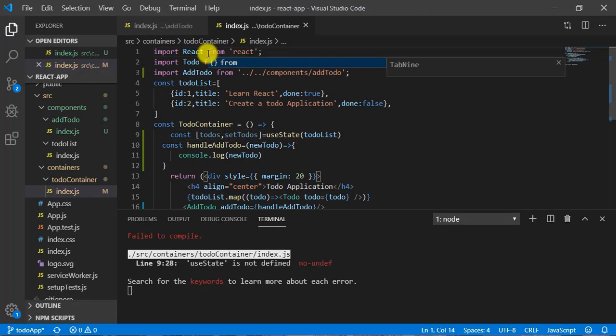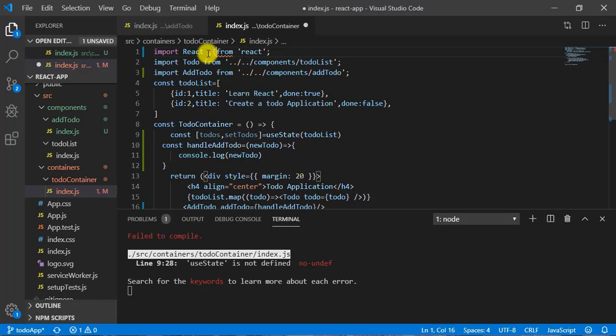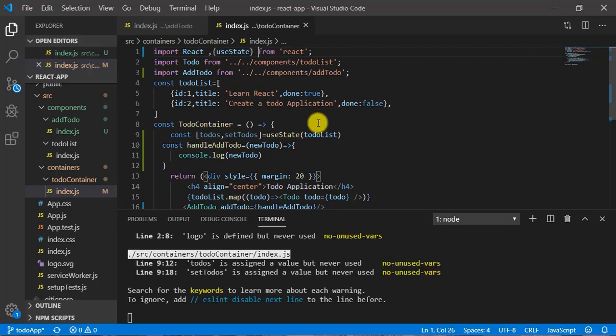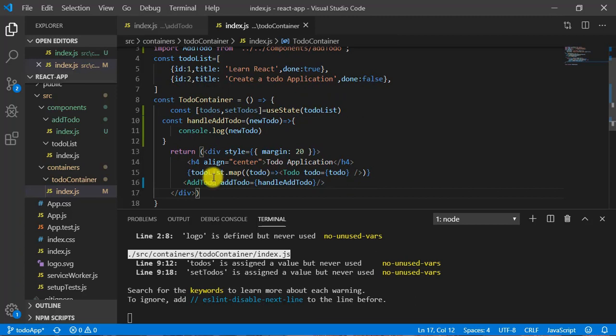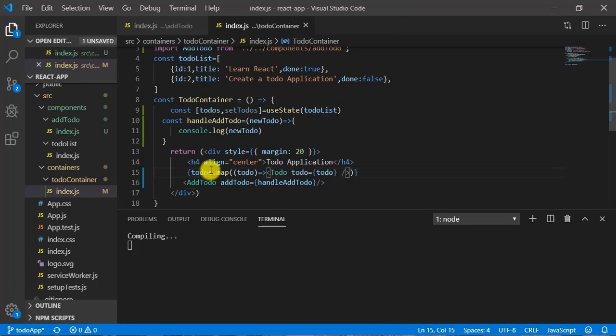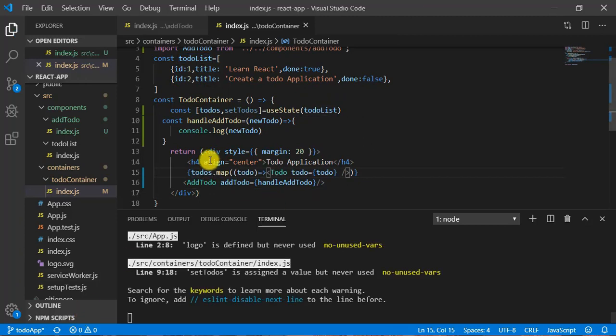Now let's import useState. So here useState, okay, save it. So we have this one, and now we need to copy this todo, and we need to replace todo list by this variable, okay, save it. So now we have all the todo value here.